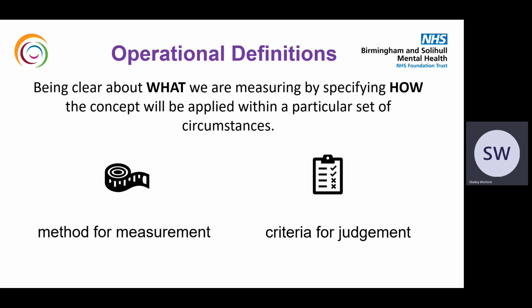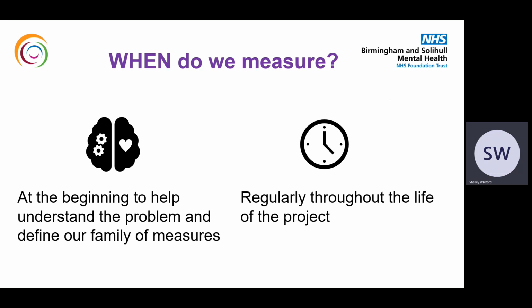To ensure you're all singing from the same hymn sheet, it is good practice to develop and agree the operational definitions for each measure with the whole project group early on in your QI project. In the previous slide, we talked about establishing what you are measuring and why at the beginning of your QI project. This includes collecting data before any improvement efforts begin, so you can see how a system or process is working before you change anything.